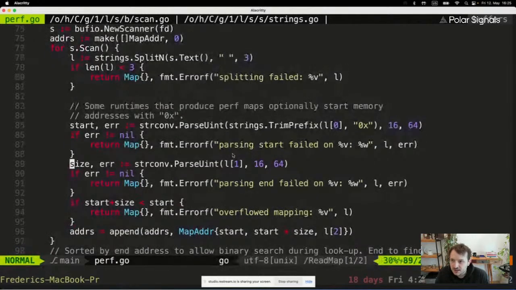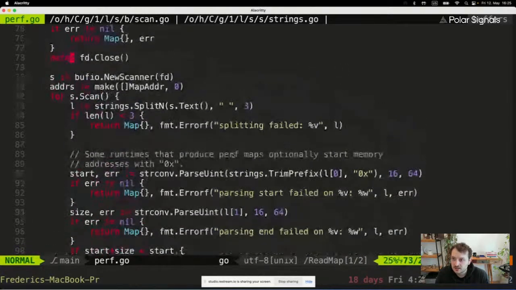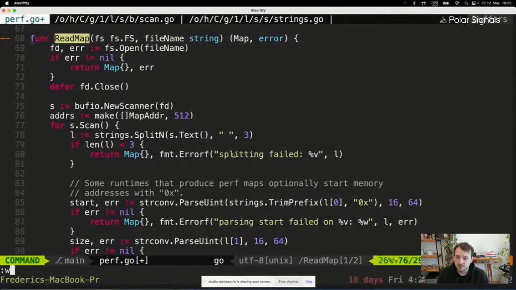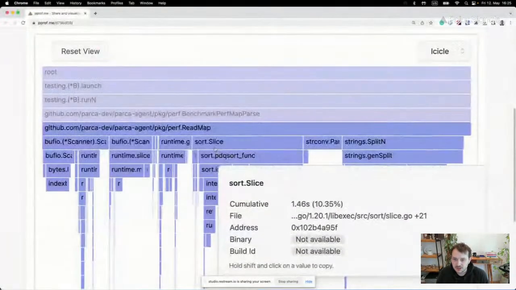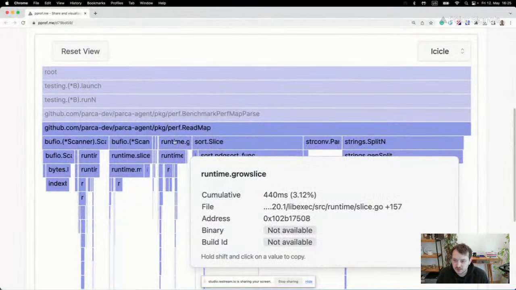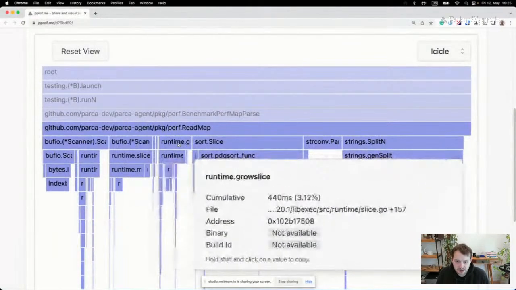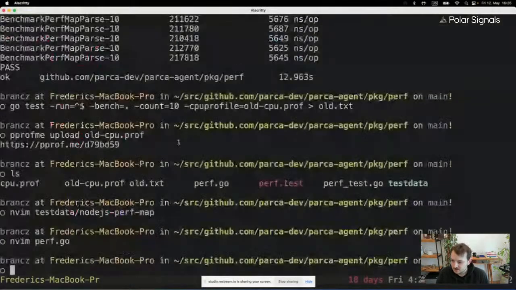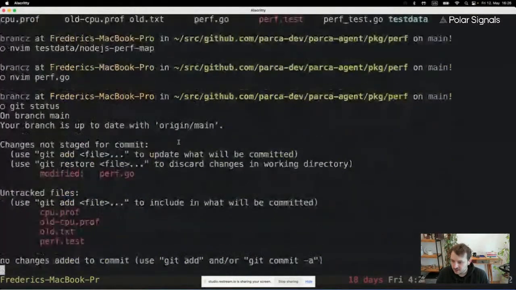All right, I think I have a good idea of what we can do with this. So first things first, let's do some pre-allocation here, because we saw that growing the slice is something that we see quite often. So we can already